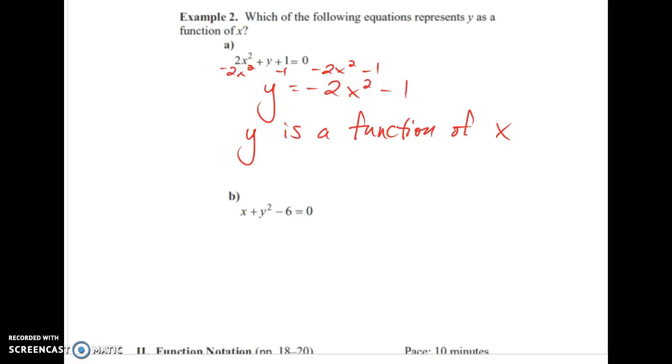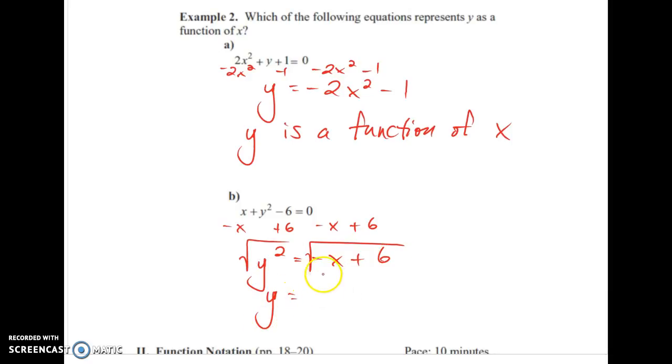Part B. So x plus y squared minus 6 equals 0. So I'm going to go ahead and attempt again to get y by itself. Subtract x, add 6. I'll do that same time so that y squared equals negative x plus 6. Now I still have yet another step to perform here, which should be the square root of both sides, yielding